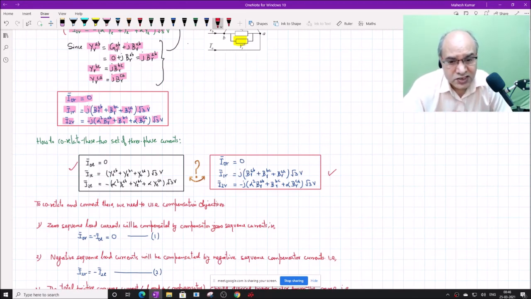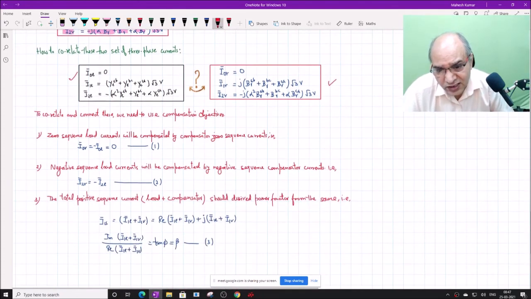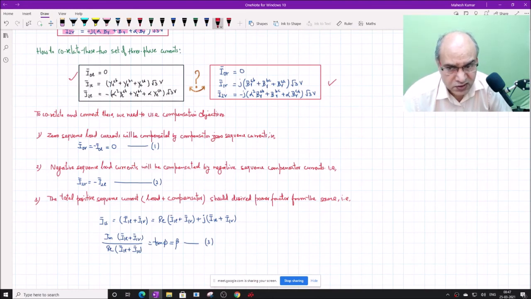Okay, so these currents are formulated in the form of subconditions to correlate them and to solve for the three variables. And these three conditions are shown here. I will discuss in the next class. Okay, the first condition is that the zero sequence load currents must be 0 after compensation, which is by default 0 because this is a 3-phase 3-wire system. Therefore, I0 gamma must be equal to minus I0L equal to 0, which is very well satisfied.